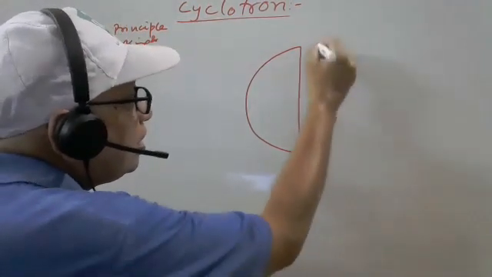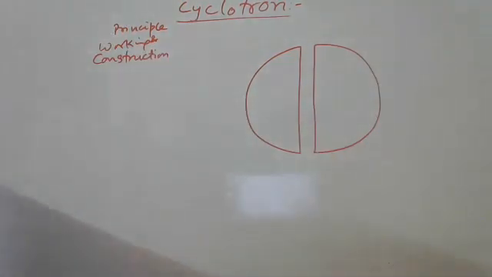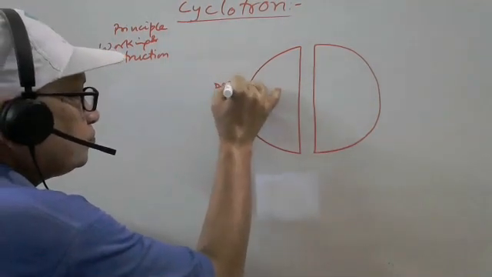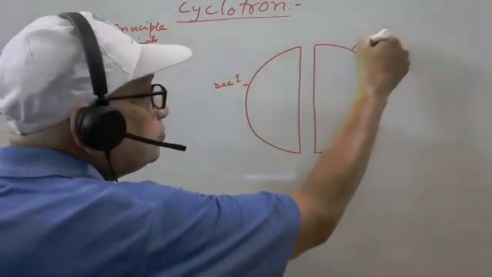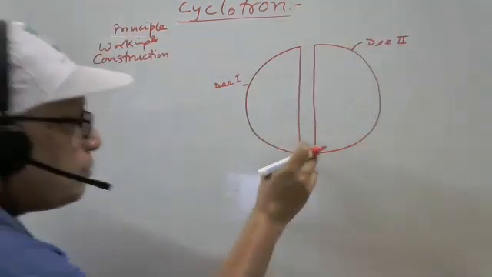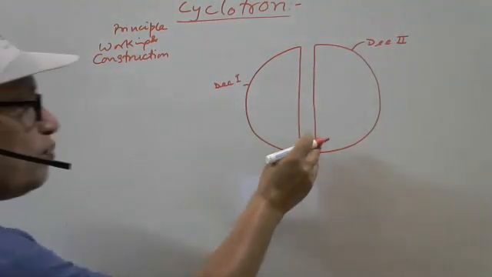This is the horizontal disk of diameter roughly 2.5 to 3 meter, cut into two parts, called D1 and D2. It is separated by a very small distance, a few millimeter only,